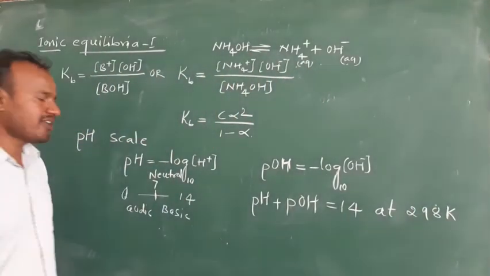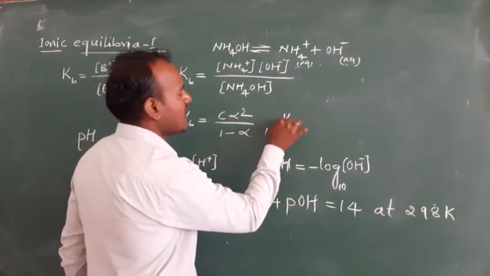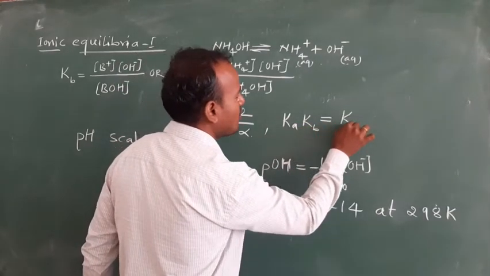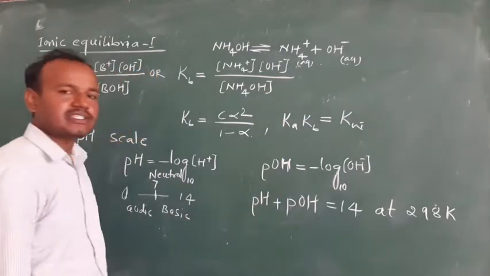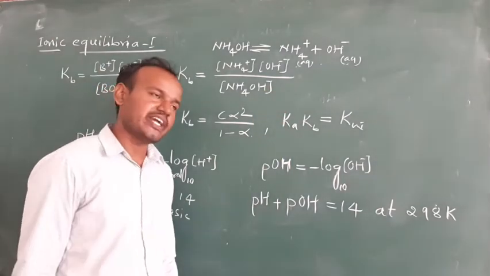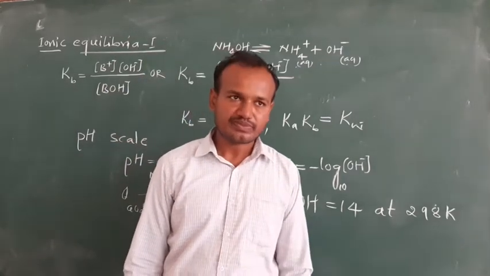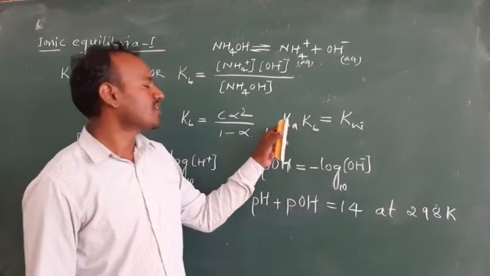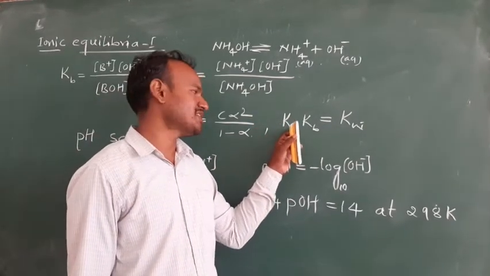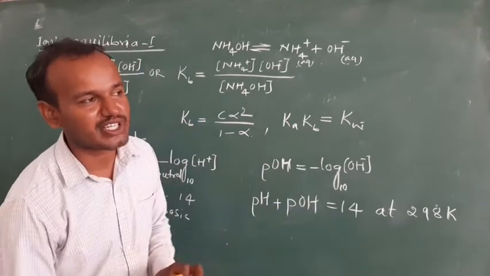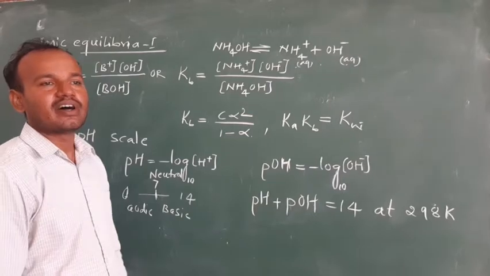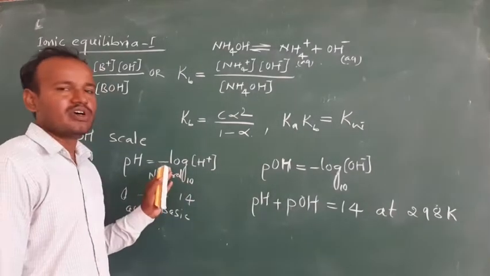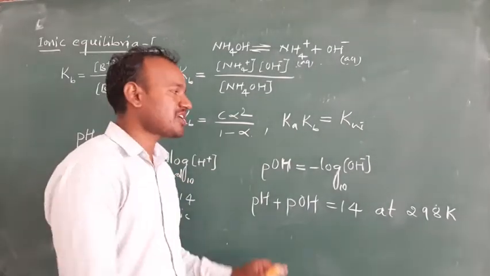I have also given one more expression while discussing this. The product of the dissociation constants of a weak acid and its conjugate weak base, Ka into Kb, is equal to Kw, where Kw is the ionic product of water. So Kw is equal to the product of the molar concentration of H plus ion and that of OH minus ion. The derivation is not there in our syllabus, but you must know at least these important expressions, which are useful in solving problems also. Whenever you are studying the pH scale, you must be aware of these concepts.